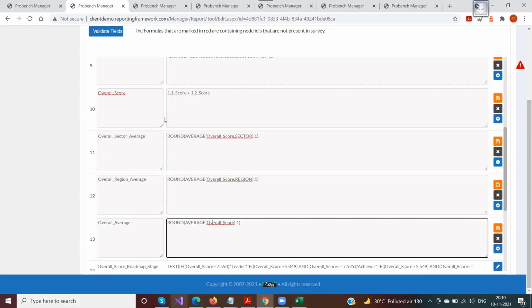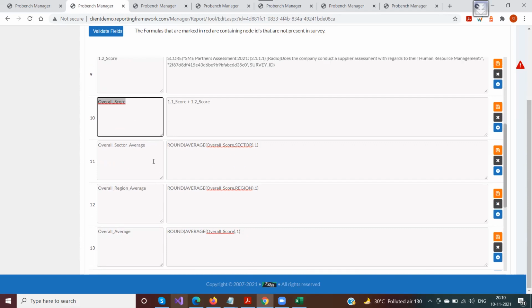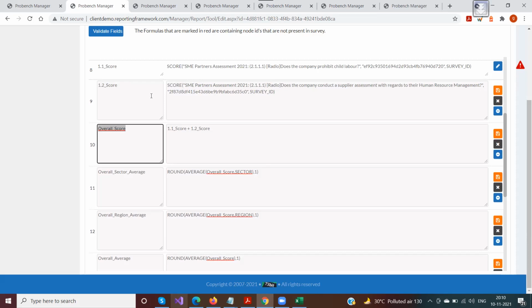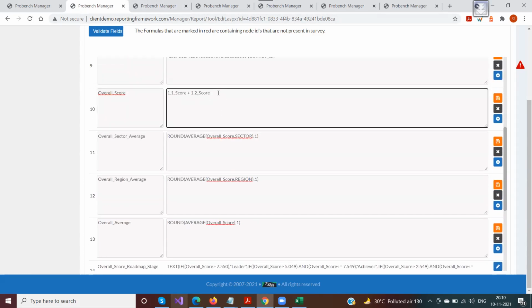You just have to make sure that you are only using these fields after that field is created. You cannot use this field above this particular field. So the order has to be maintained if you are using the fields in some other field as part of the formula. Now, if I want to change anything here,